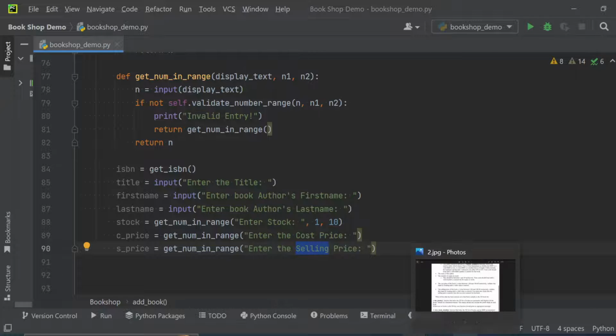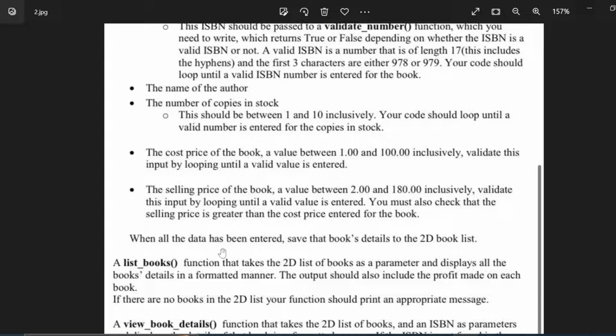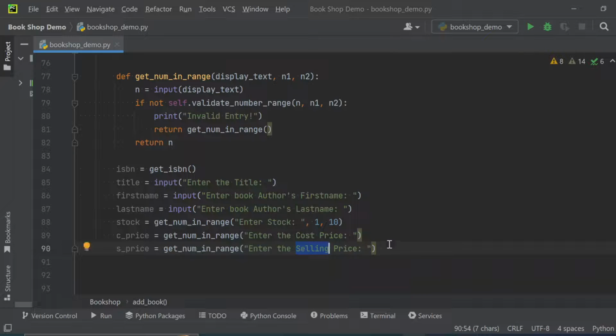So let's go to our description here and make sure we understand what was set there. The selling price of the book, a value between 2 and 180, and so on. Validate this input by looping until okay. Check that the selling price is greater than the cost price. Okay, it must be greater, so we have to check that. So this is the cost price, selling price. So okay, that's the selling price. Let's just verify that again. We can also say,